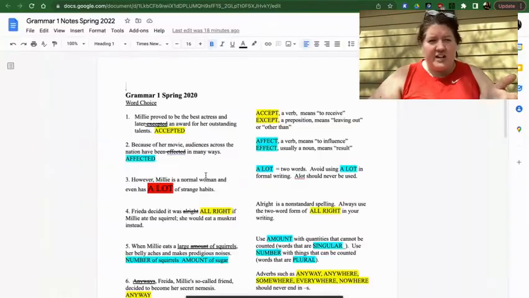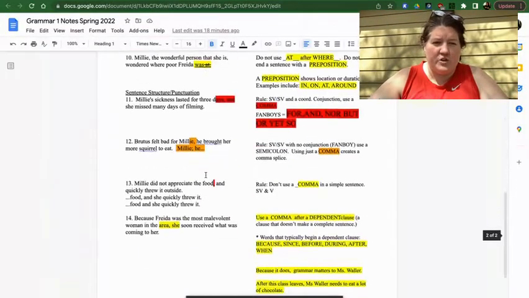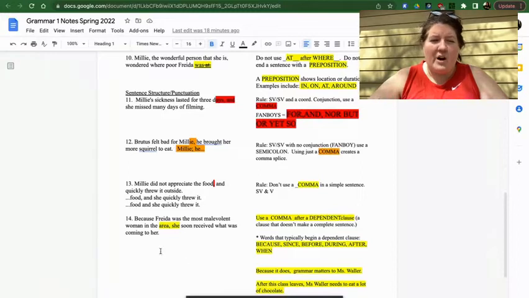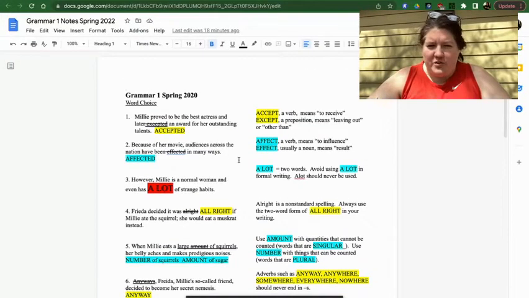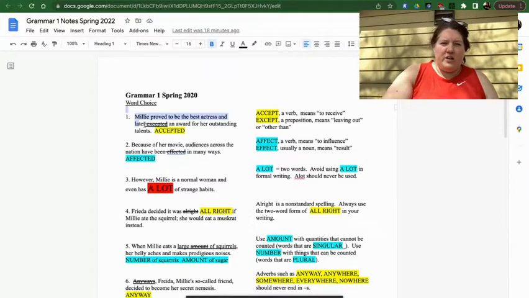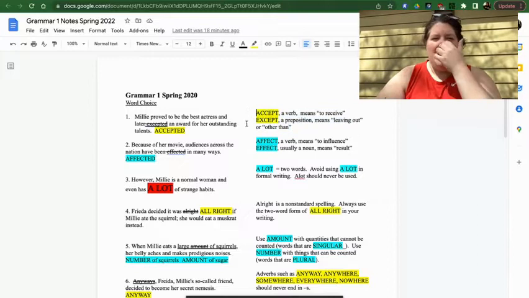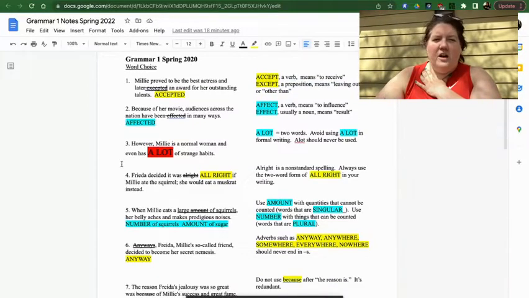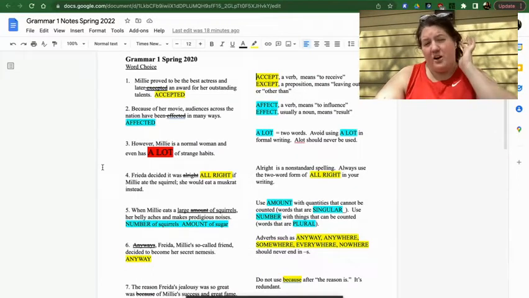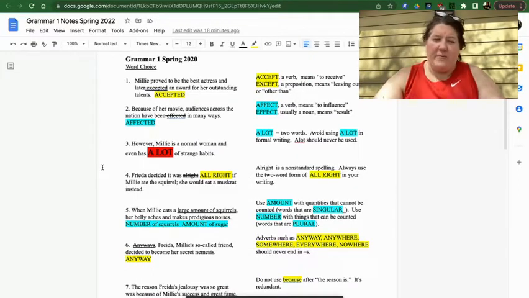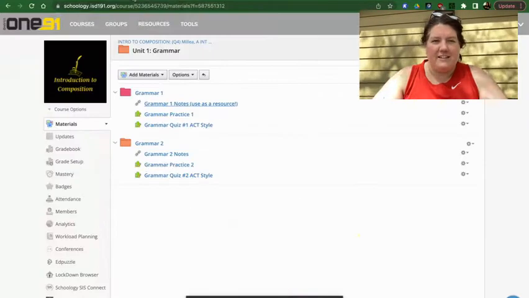So after you have reviewed this, Grammar 1 is focusing on word choice and then a little bit of where commas go. I'm not going to read through it because I know that you can read through it on your own, but just so you know how it's laid out, the rule is here, and then the explanation is here. So this is a sample on this side, and then the explanation of what it is would go there, just so you're using the correct word choice for a lot of things. And a lot of it's really easy stuff that you might already know or you might not know, and that's okay. Sorry, windy. I hope that's not impacting things.